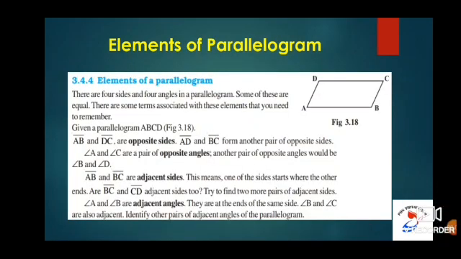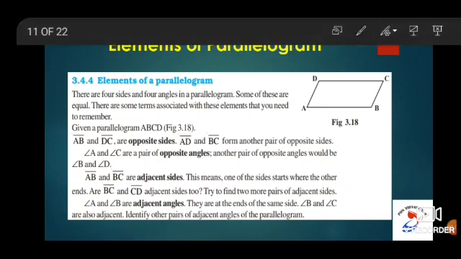Now we will discuss the elements of parallelogram. So first, if I say it is a parallelogram, it is a four-sided figure. The parallelogram will have four angles, and we will discuss some of the elements of parallelogram here. Suppose if I consider this figure ABCD to be a parallelogram, the sides AB and DC are opposite sides, and this angle A and angle C are opposite angles. They both are equal. This side AB and the other side BC, they both are adjacent sides. And the other two angles, that is angle A and angle B, they both are adjacent angles.